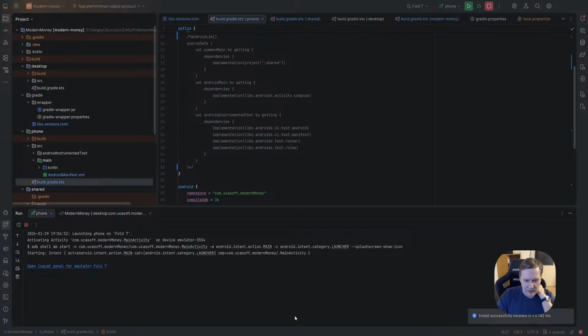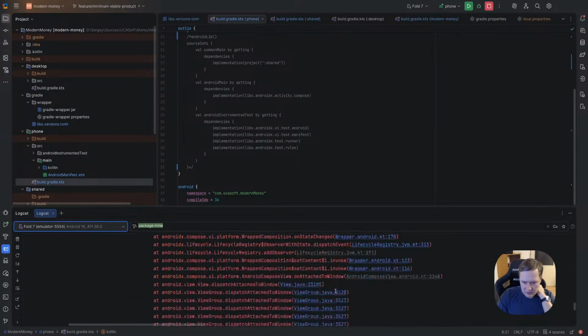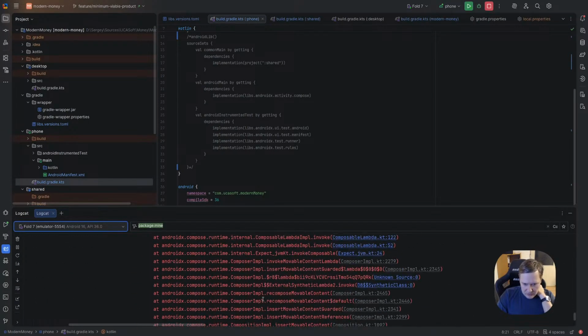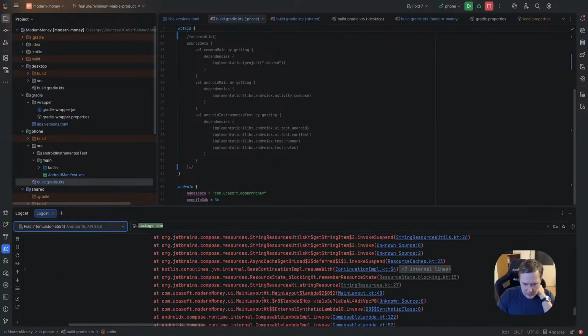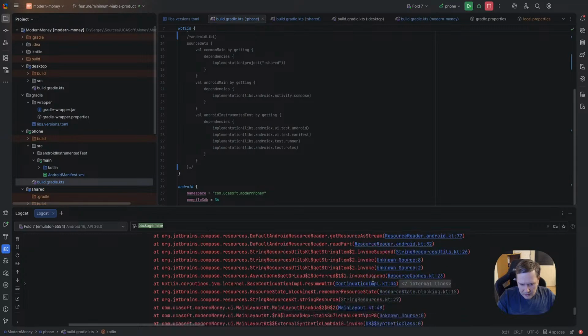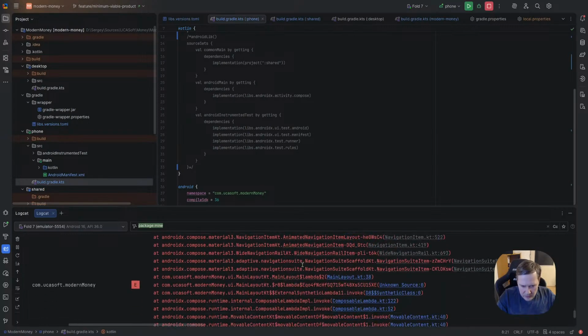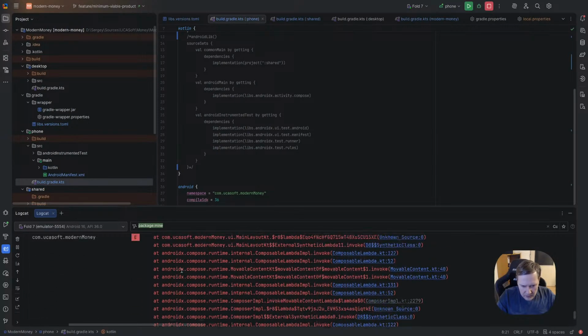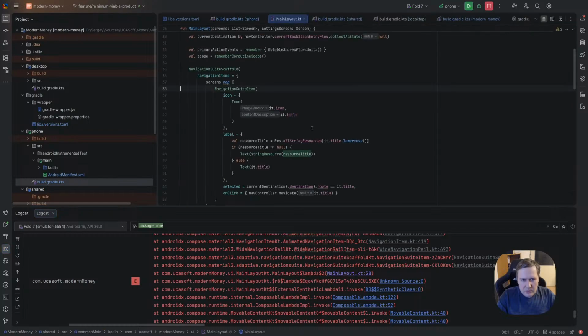Now it should run, but I don't see it. Did it stop again? Seems so. Instrumentation registered. It's for test. What the hell? Instrumentation Java context provider. Is it in my code somewhere? Material. Yeah, here. Main layout.